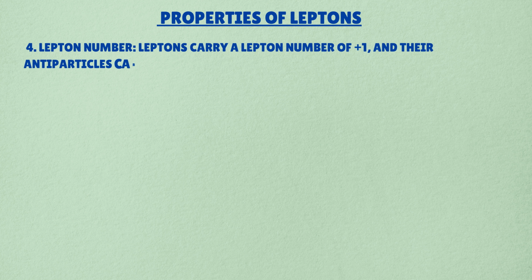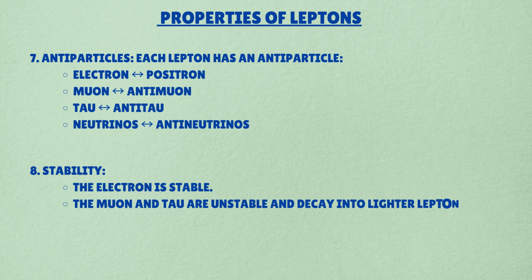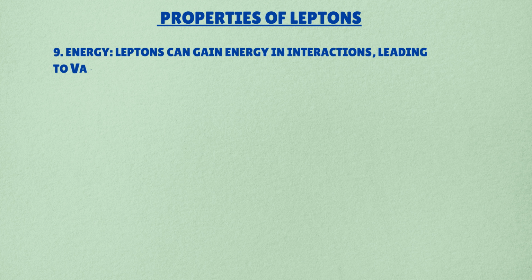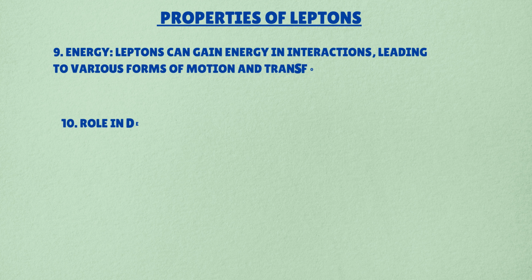Every lepton has an antiparticle counterpart, such as the electron's antiparticle, the positron, and similarly for the muon, tau, and neutrinos. The electron is stable, but the muon and tau are unstable, decaying into lighter particles over time. Leptons can gain energy in interactions, leading to various forms of motion and transformation in particle physics. Leptons play a vital role in processes like beta decay and other weak interactions, which are crucial in the behavior